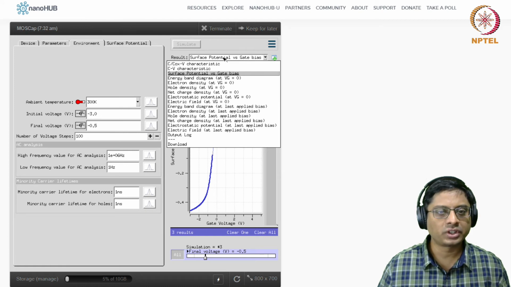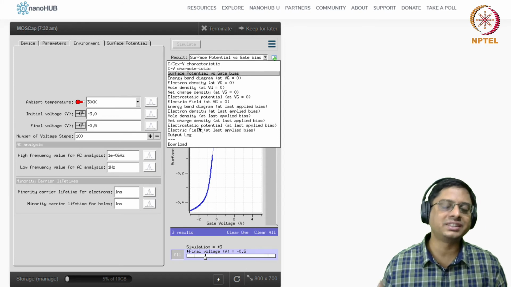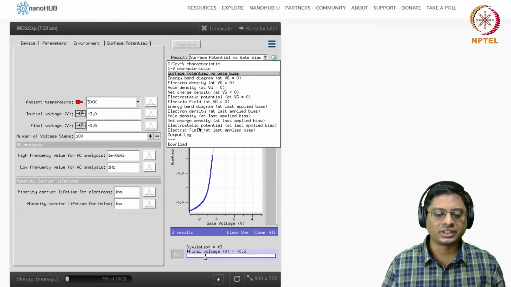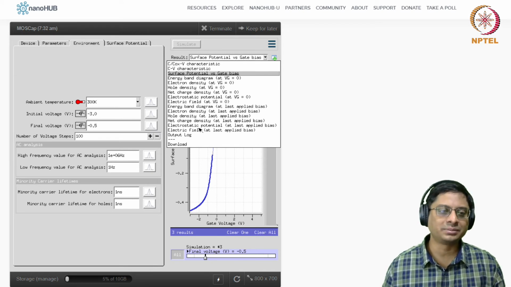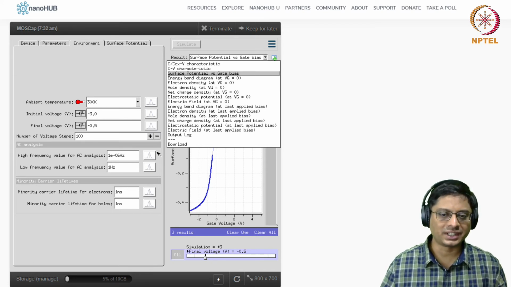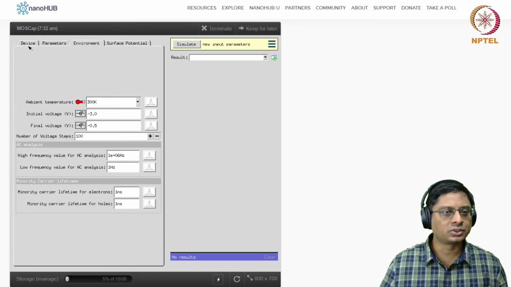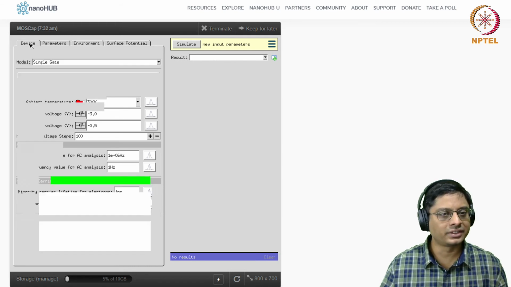Okay. So in the next week, we'll see how to design these things. So far, you're only learning the physics, but when you're using MOSFETs, we'll have to design them. How to design them, we'll see that in the next week. Okay. So this will be the first step in designing a MOSFET.